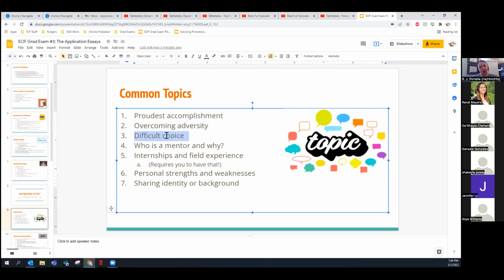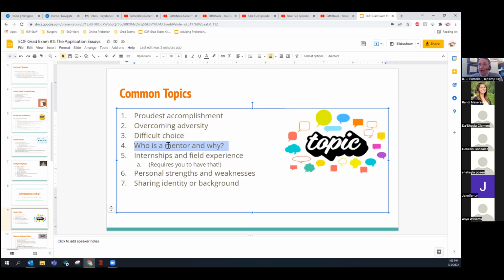They'll probably ask you to talk about a difficult choice that you made. And that tends to be one of the richest types of essays because you get an opportunity to set the scene and build up to how the choice came about, and then especially what you did with that choice and what you learned. And you're seeing a running theme here, which is where did you come from, what happened, and what did you learn from it? Specifically, how you're not only growing from it, but how you're going to remain teachable.